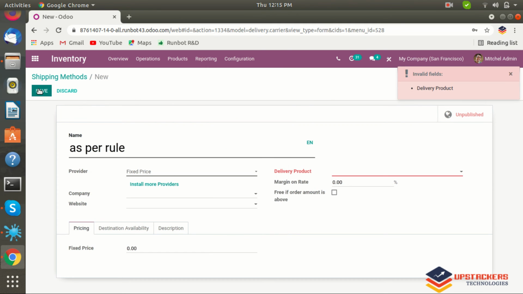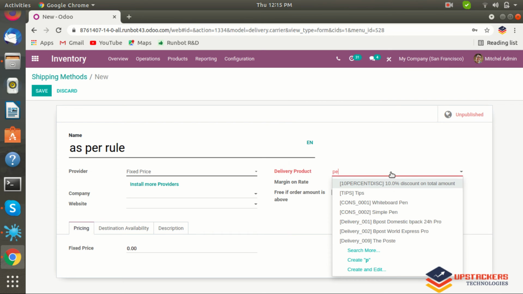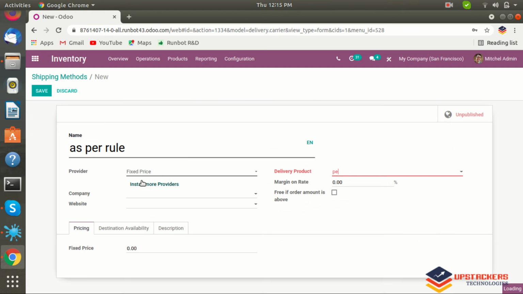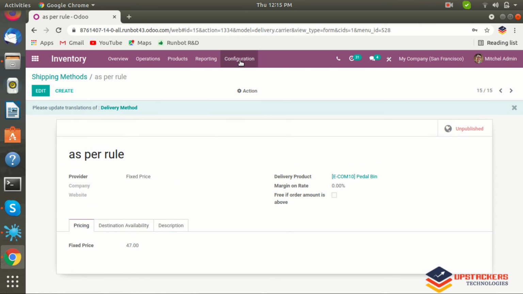Let's first save. Let's set our delivery product. Let's set pedal bin as our delivery product and then save.